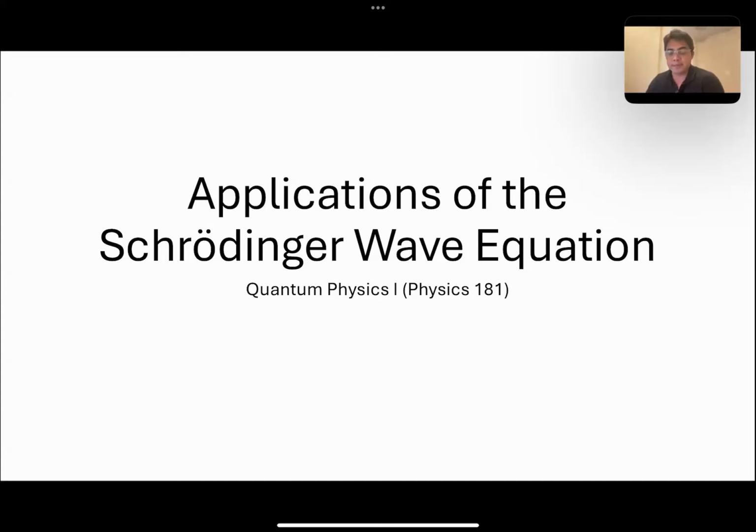In today's meeting, we're going to discuss how to apply the Schrödinger wave equation to different systems. We already tried to apply the Schrödinger equation on a free electron last meeting, but this time we're going to use a potential, a finite potential, or actually some potential value. We'll begin with an infinite well potential, and then look at the properties of the potential